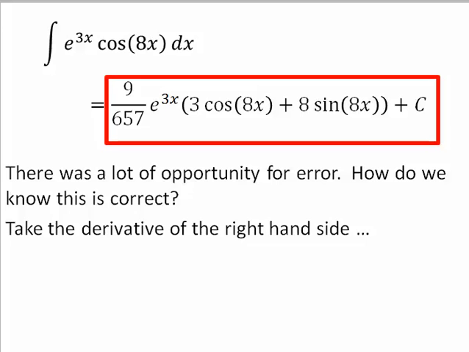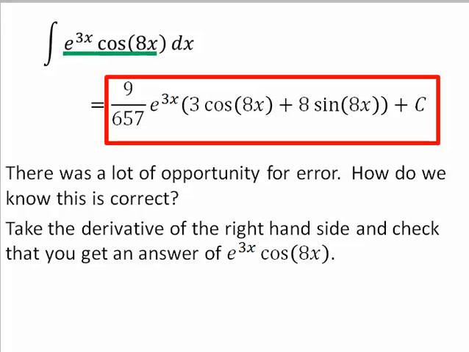This is the derivative of the right-hand side. I'm sorry. Take the derivative of the right-hand side and check that you get an answer of e to the 3x cosine 8x. So taking the derivative of the right-hand side,